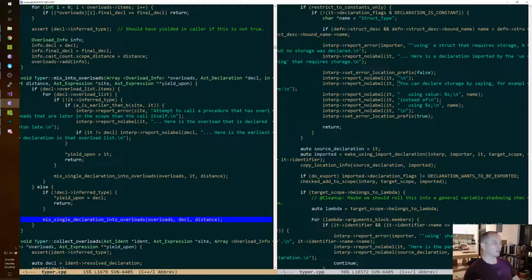There's a few problems with this. We're not resolving the import link, for example.